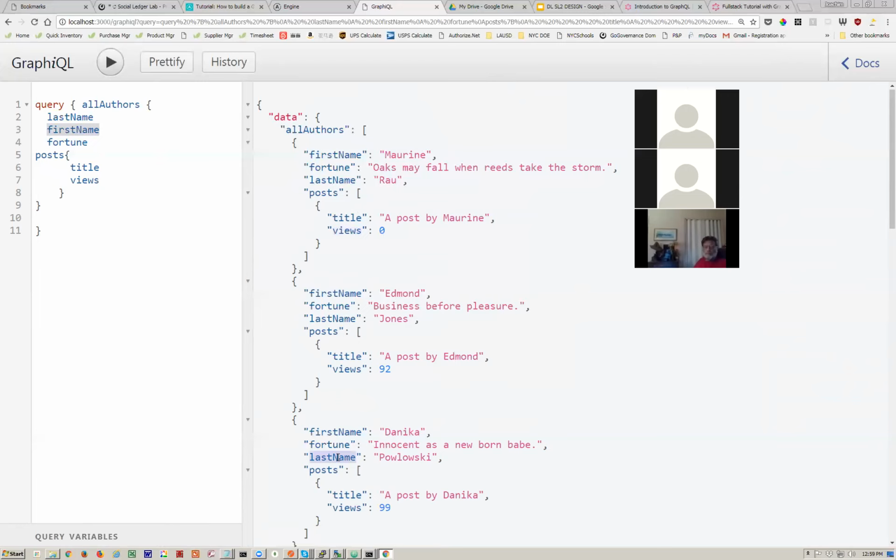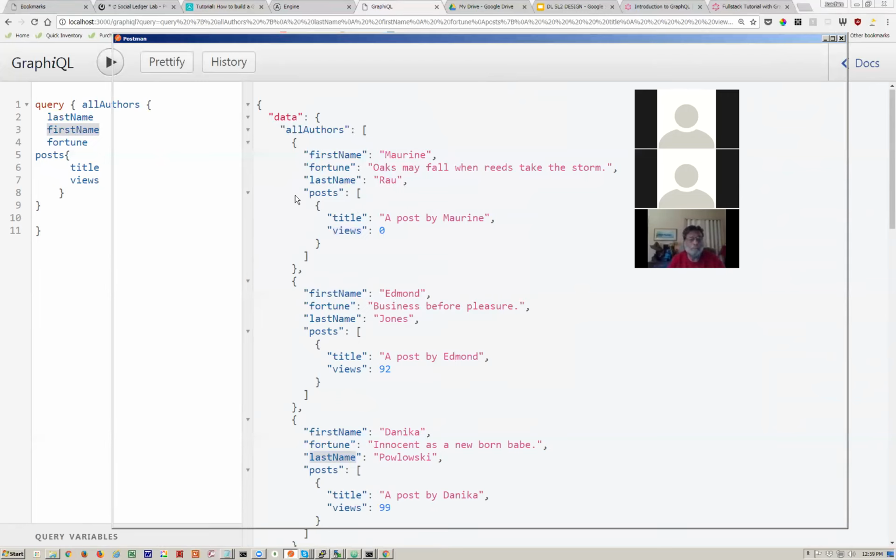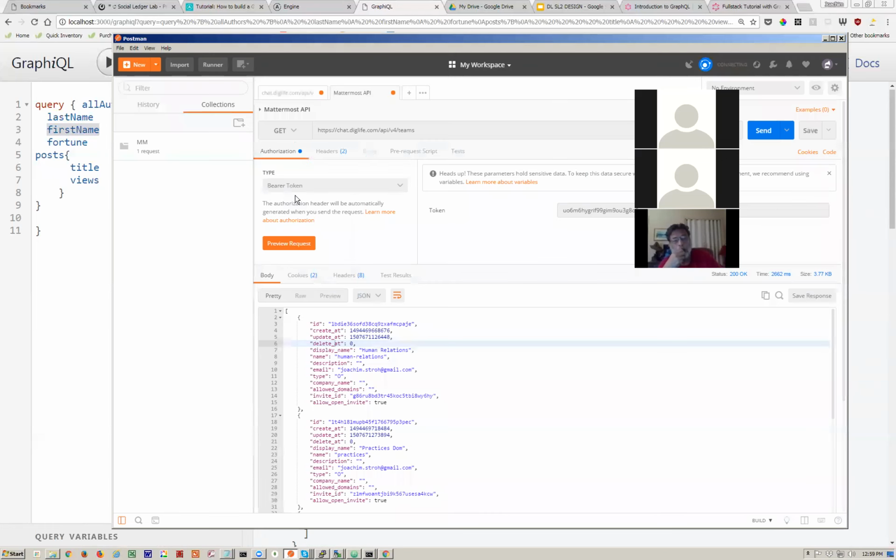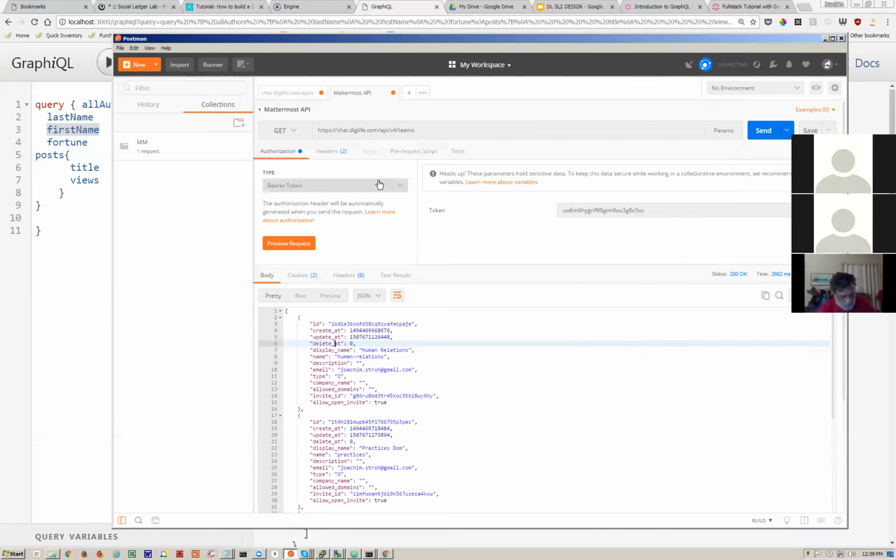And let's see, one more thing. I've also started to look at the authentication procedures for using now a password protected API like Mattermost, right? So that's where it's getting a bit more complicated because there's an access token that needs to be preserved when you run the query. It's called the bearer token here in